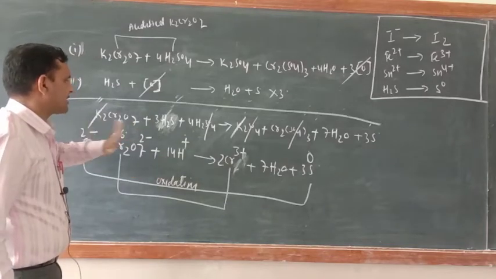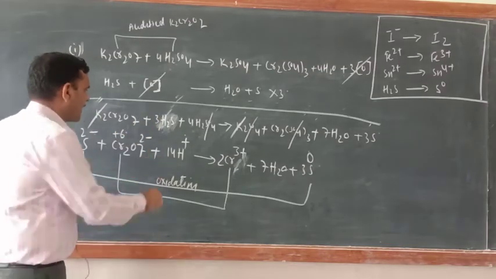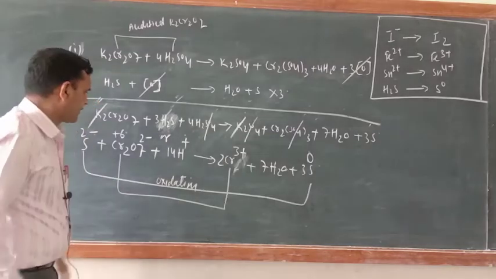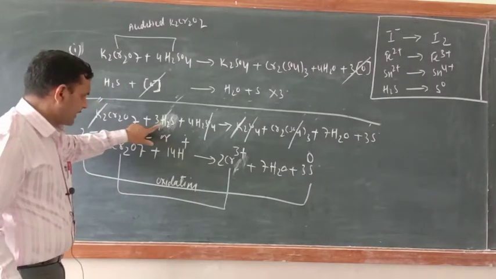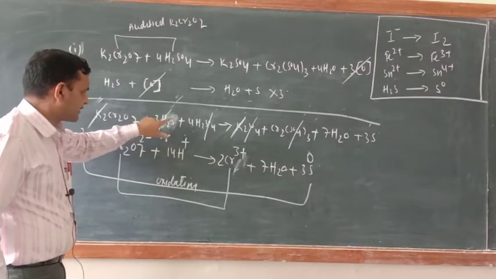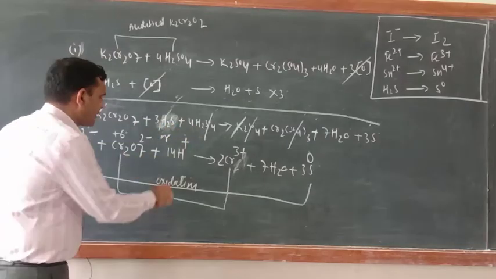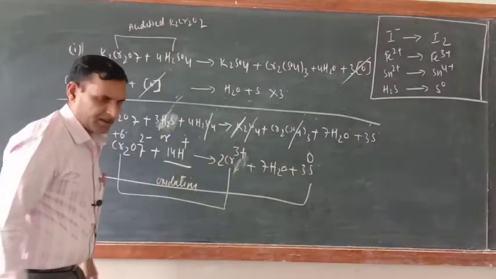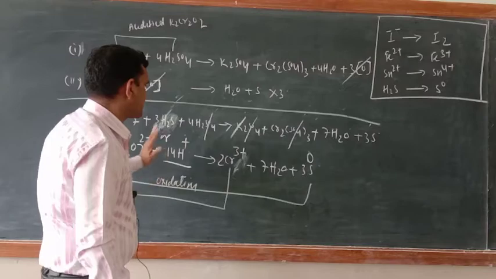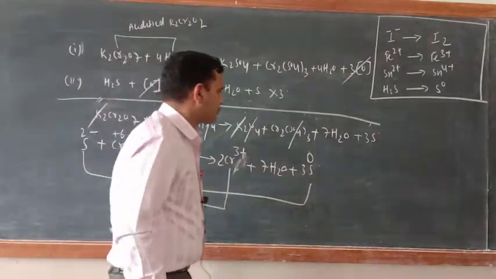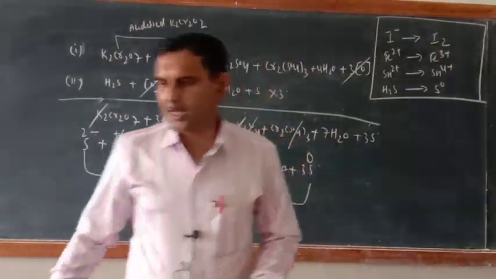Everything is balanced. You can check this one. This is the ionic form, don't get confused. Here 3 times 2 is 6 plus 8, so a total of 14 H positive ions is there. And on this side, 7 H2O. Now the last one is